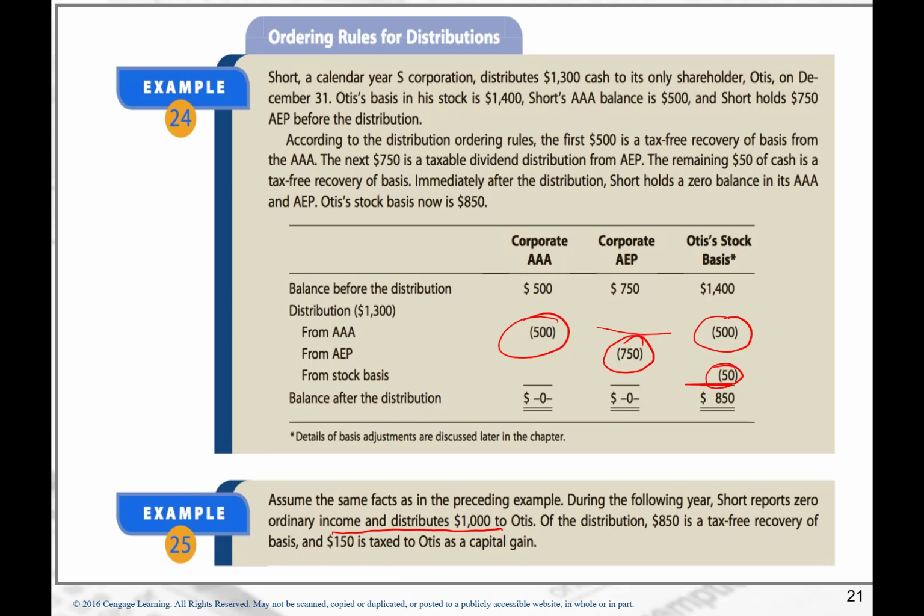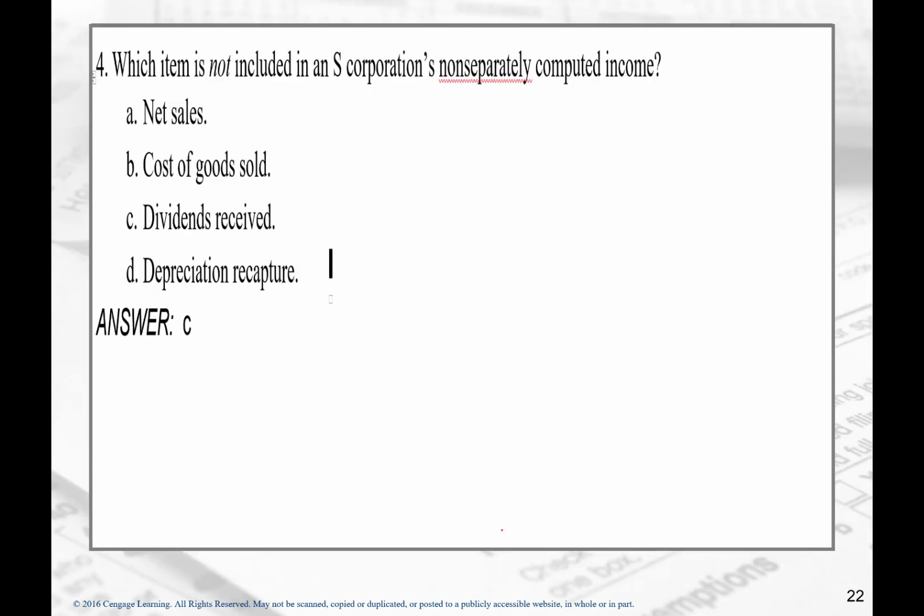Okay, good. Now you've got a potentially short class here today, guys, but let's take a look at a couple of these questions, because I think we got three or four questions and that's it. When item is not included in an S corporation, which item, I should say, is not included in S corporation non-separately computed income? Net sales minus cost of goods sold, the gross profit, that is part of the separately calculated,